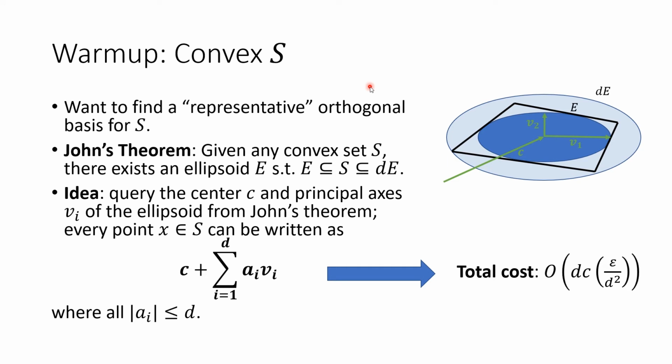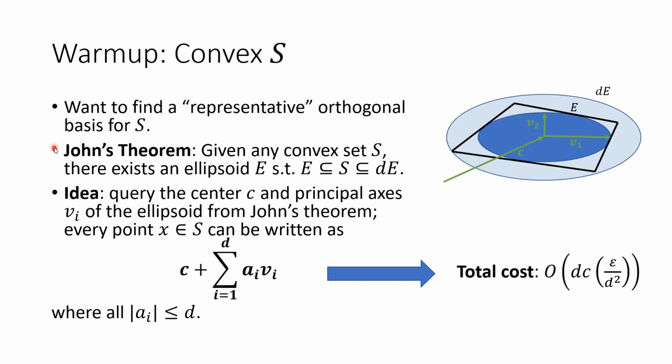So the issue with the original idea was that if you choose a set of vectors which is ill-conditioned, you might have to pay a big constant in big O. So one thing you might want to do is find a representative orthogonal basis for S. And one great way of doing this is to use John's theorem. So John's theorem says that